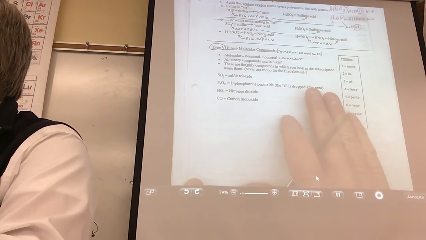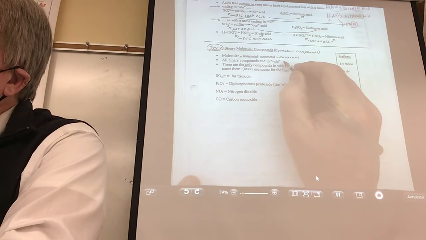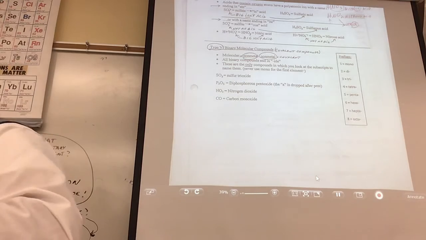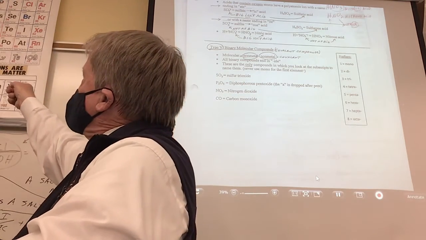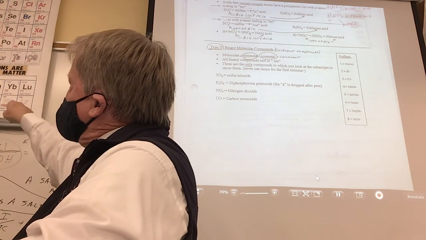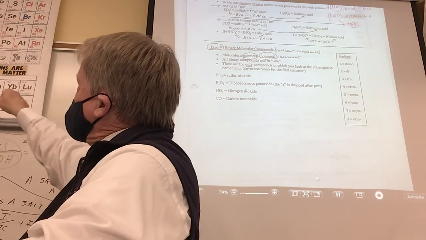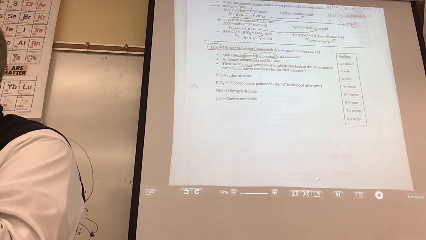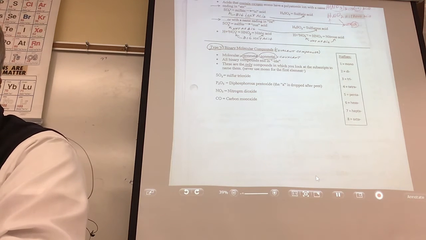This type of system is only used for non-metals. It has to be a compound with a non-metal and a non-metal. And I know we've done this many times. Let's do it again. See a little stair step there? These are metals. Now let's throw hydrogen over here, and that's the only non-metals right there. So if you see a compound that has a non-metal and a non-metal, this is the only time you look at subscripts.